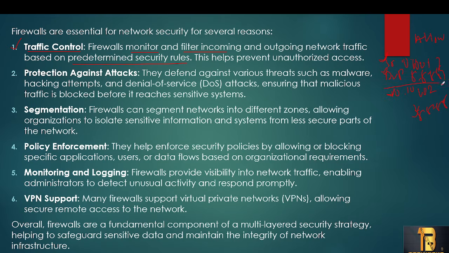So the firewall is going to block this. This will be considered as an unauthorized access and the firewall is going to block it. If the traffic is coming with 10.1, then only it is going to allow. If the user is coming with the 10.2 IP, the firewall is going to block. This is how the firewall blocks all unauthorized access. So this is the first essential feature that is available in the Palo Alto firewall.